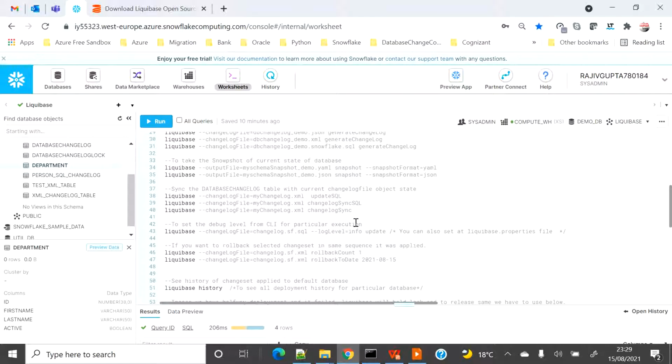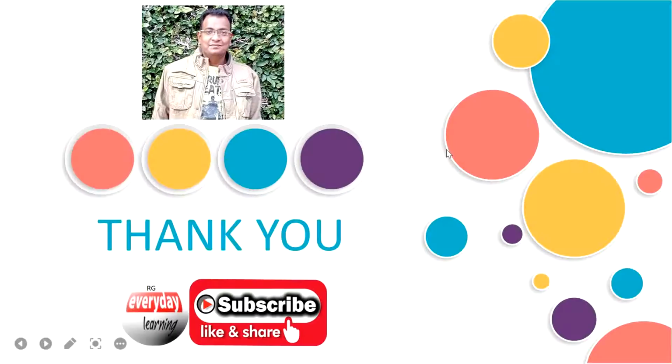As I said, Liquibase is a full-fledged database change management tool, and it is not like schemachange, which is Python based, very small, lightweight, and only for Snowflake. This tool is for a lot more databases. I can say almost every database is supported either natively or through extensions from the community. So you will find the jar and then you can support any database. So thank you.